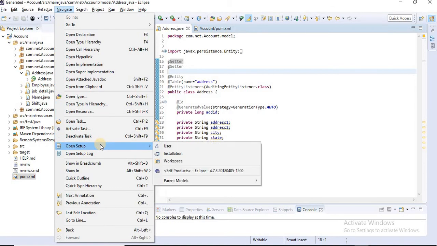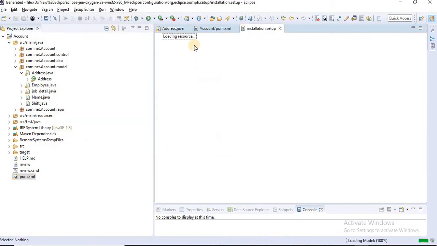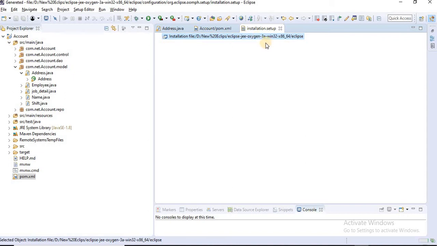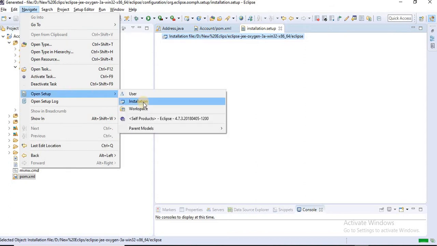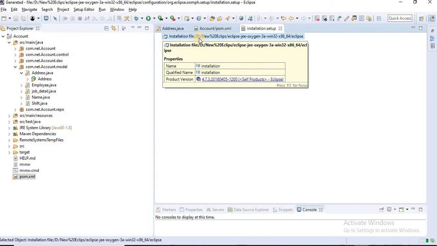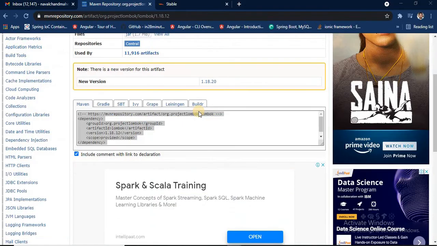Open Setup, and here we have the option Installation. It shows our Eclipse installation, because most of the time we forget where our Eclipse is installed and we don't remember that. That's why you simply go to Navigate, Open Setup, Installation, and you get your install directory.